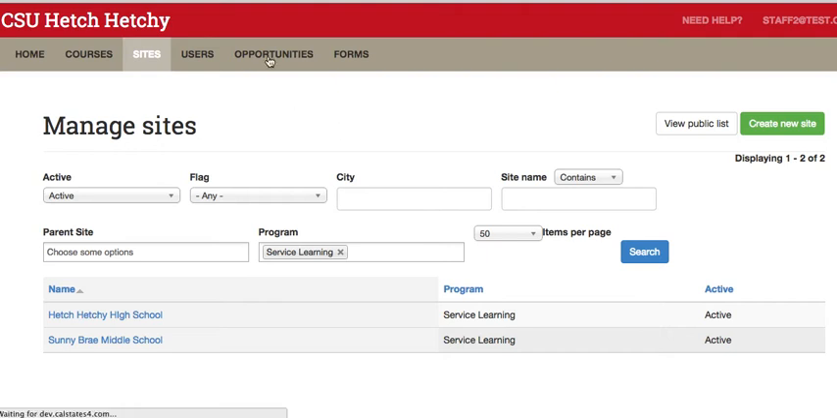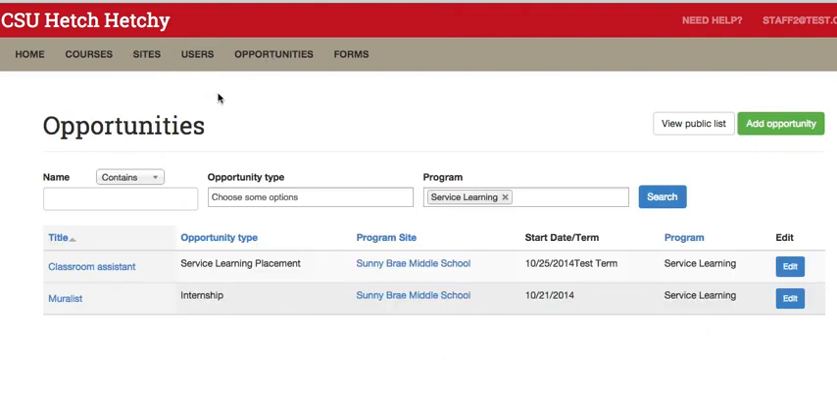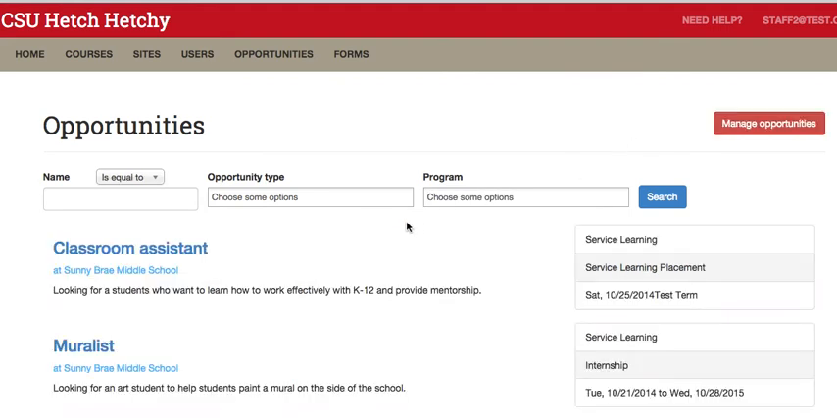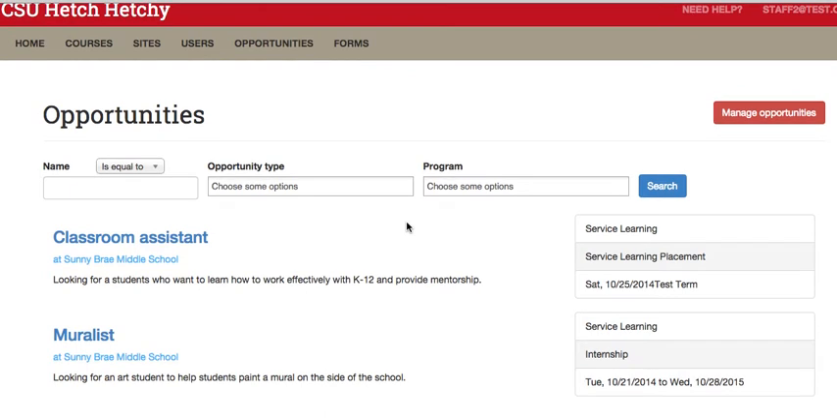The Opportunities tab has just a list of all of the opportunities. Now, for a staff, you're seeing the managed list, so it's just sort of a list of each opportunity. There's also a public list, and that's for your students and faculty. They see a slightly different looking list, and they also only see the ones that are associated with the program